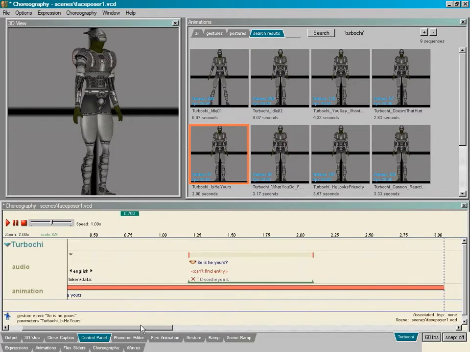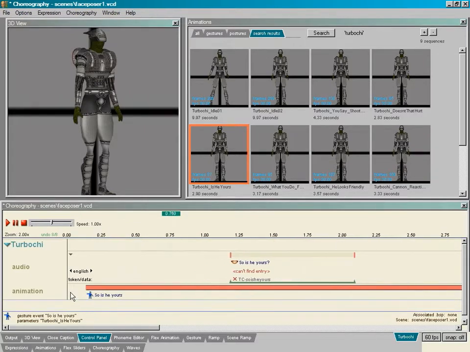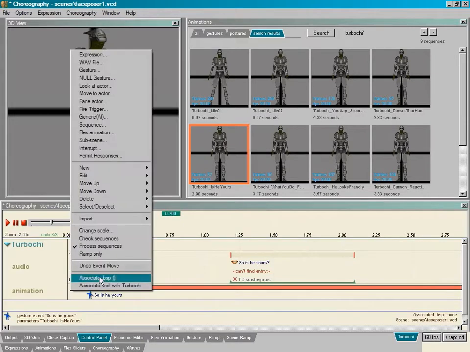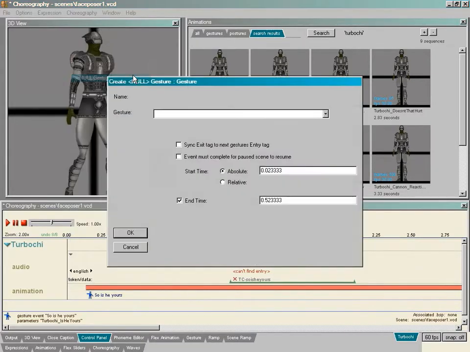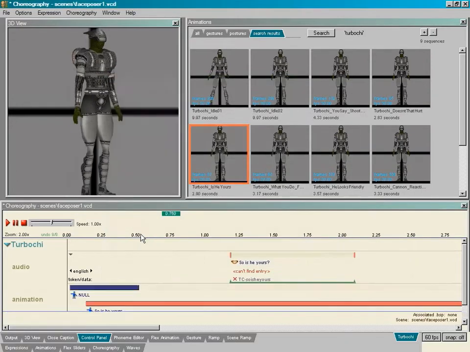Now, what I'm about to show you I don't believe is needed for episode 1, but it is needed for Half-Life 2. So I'll go ahead and show you how to do it. So go ahead and right click in the empty space here at the beginning and go up to null gesture. And just press OK. And if you click on the end here, you can shrink the length down. You can also do what I'm doing to animation files, but you have to be careful because it can mess